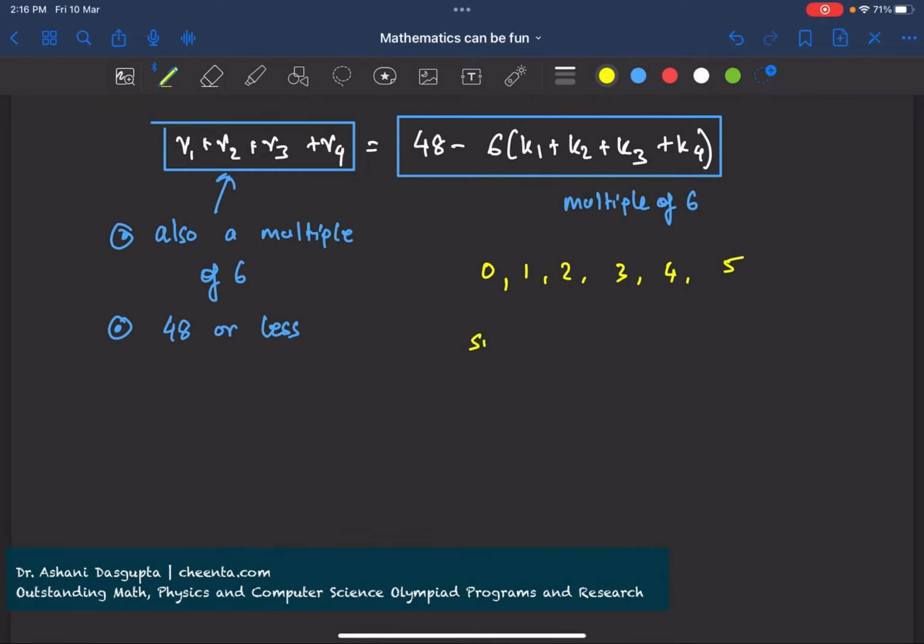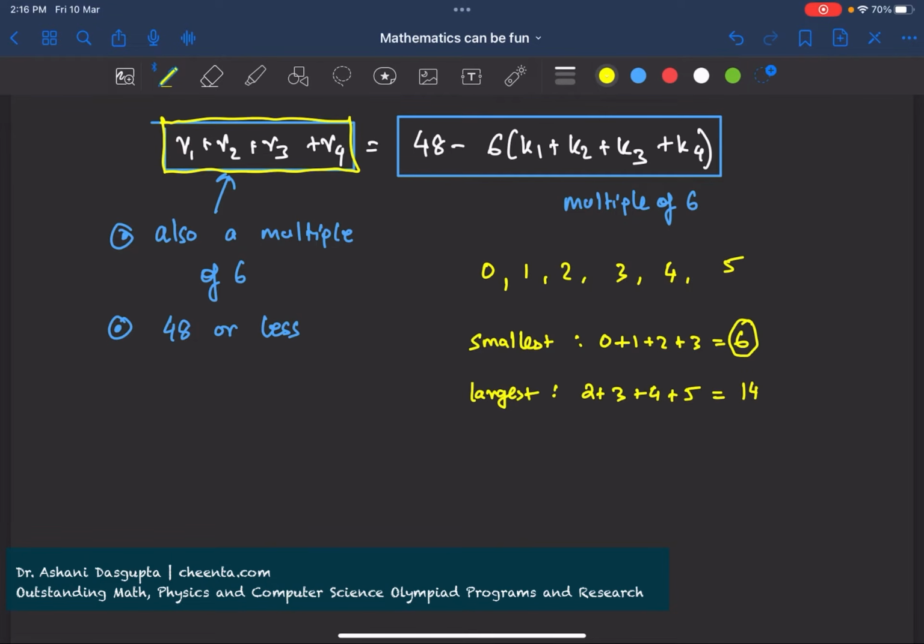So the smallest value possible, you pick 4 numbers from this list, add them up, is 0 plus 1 plus 2 plus 3, which is 6. And the largest value possible, I'll just take the 4 largest numbers, 2 plus 3 plus 4 plus 5, which is 14. So the sum of R1 plus R2 plus R3 plus R4 ranges between 6 and 14,